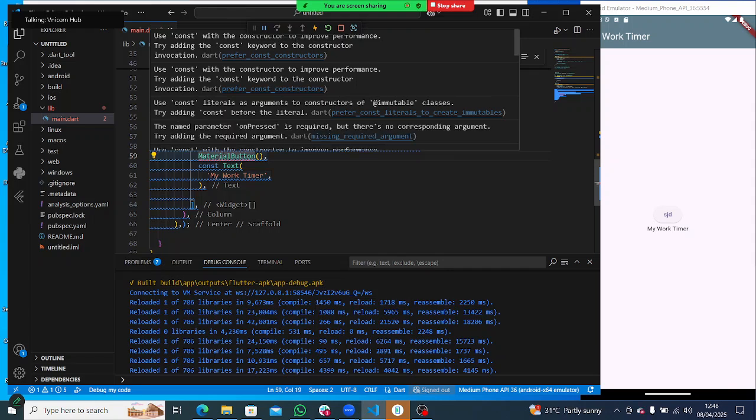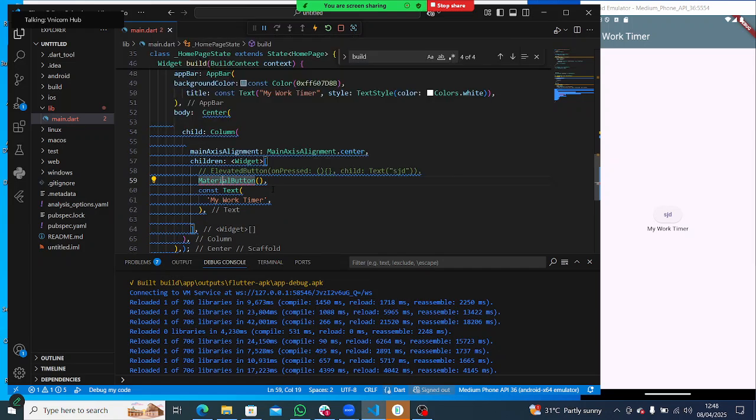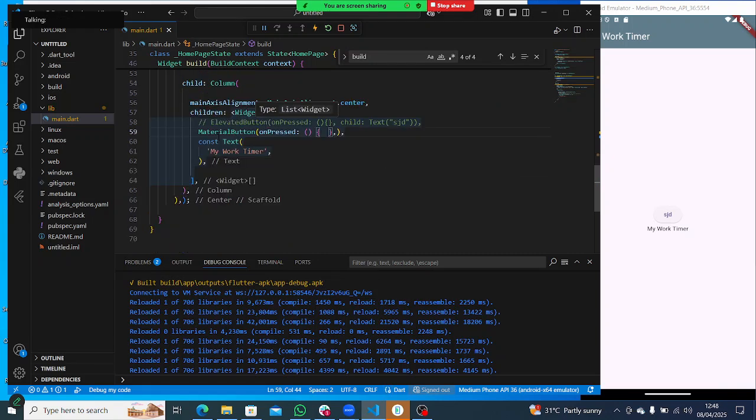So material button is complaining of a constant. There is a constant somewhere in our code. That's why this material button is complaining. Let's find it. It cannot be this. Okay, add required. So now material button takes in